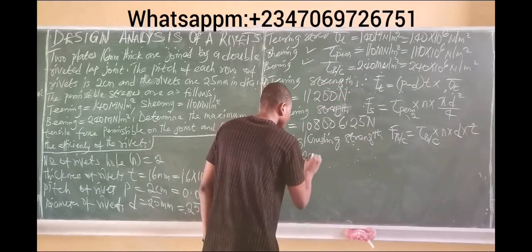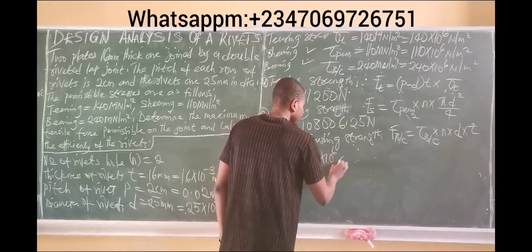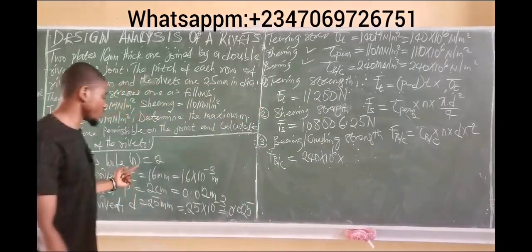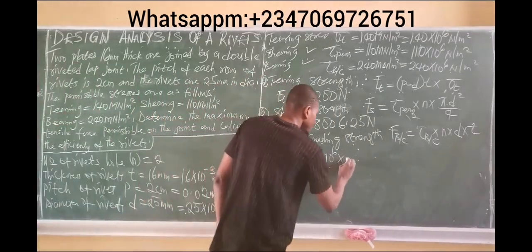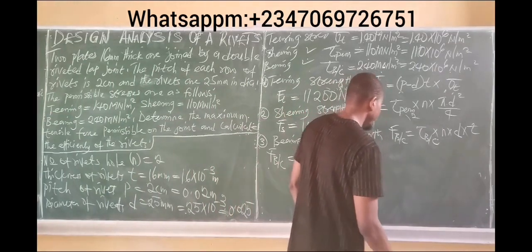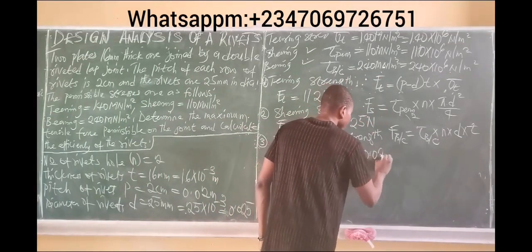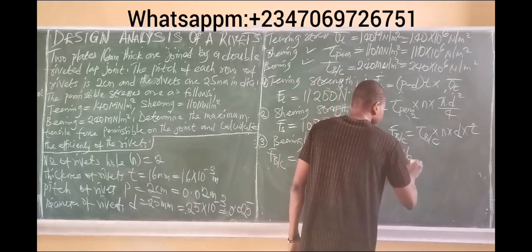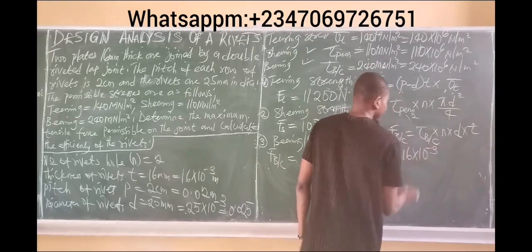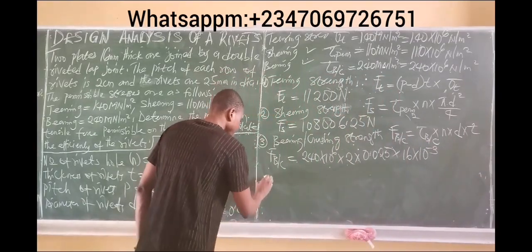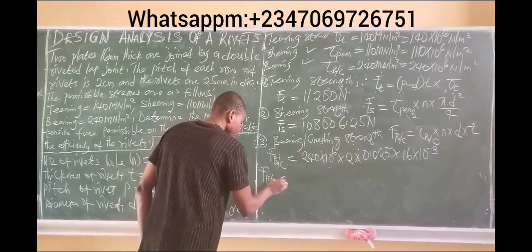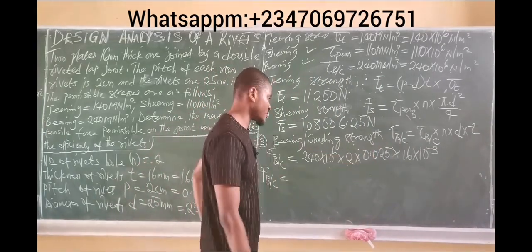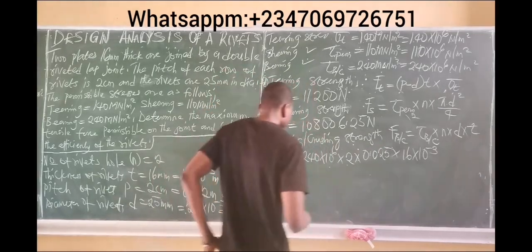So we have 240 by 10 to the power of 6 multiplied by the number of rivets, n, which is equal to 2. The number of rivets was given in the equation as 2. So multiply by 2, multiply by the diameter of the rivet, which we converted to 0.025, multiply by the thickness of the rivet, which was given as 16 millimeter, which is 16 by 10 to the power of minus 3. So the bearing strength or the crushing strength is equal to, so I'm pointing again all together at once. All right. That simply gives us